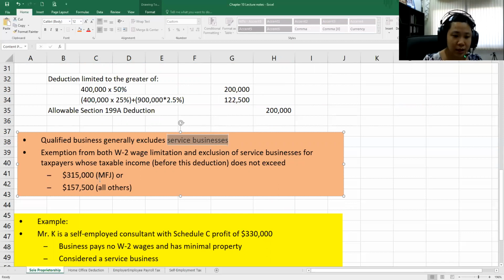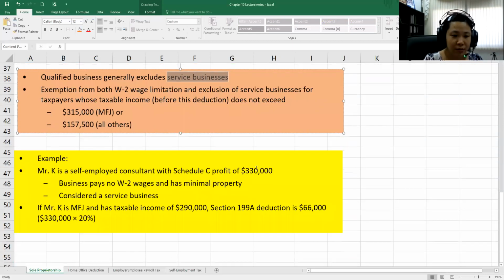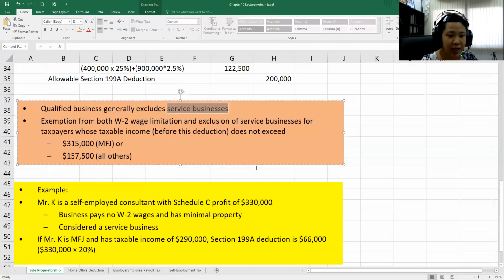All right, let's look at an example here. For example, I have Mr. K. He's a self-employed consultant with Schedule C profit of 330,000. The business pays no W-2 wages and has minimal property. Consider it a service business. So if Mr. K is married filing jointly, and his taxable income is 290,000, so his section 199A deduction will be